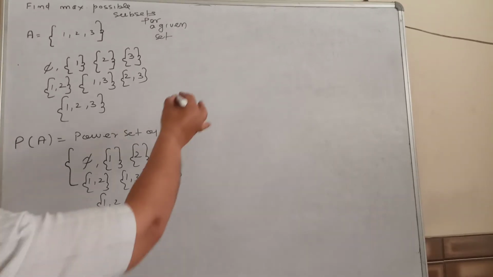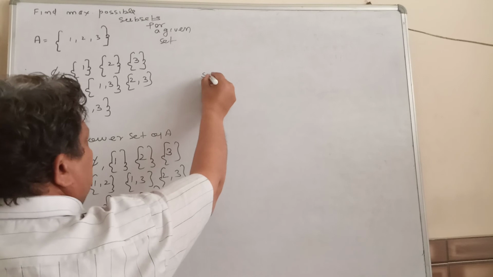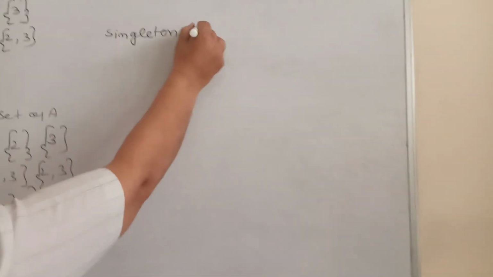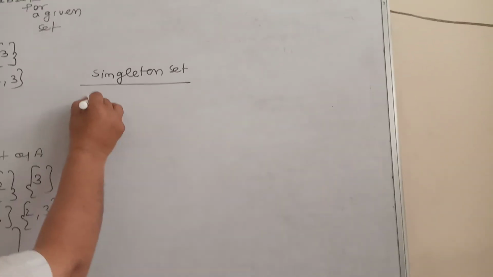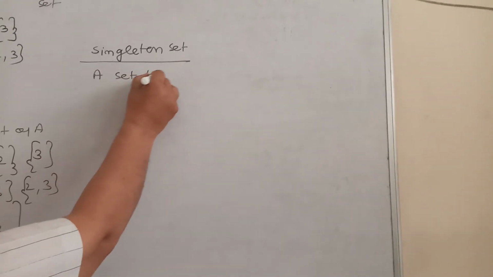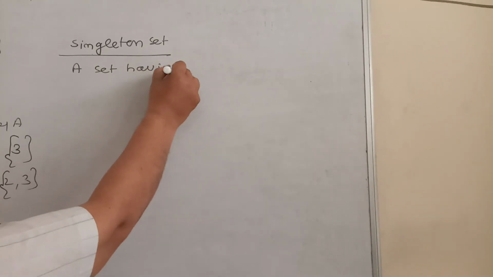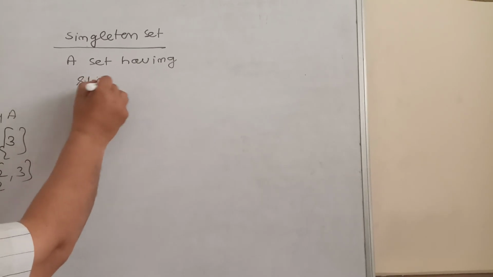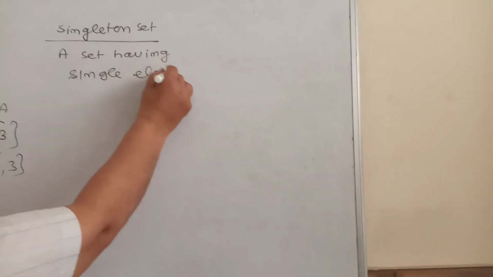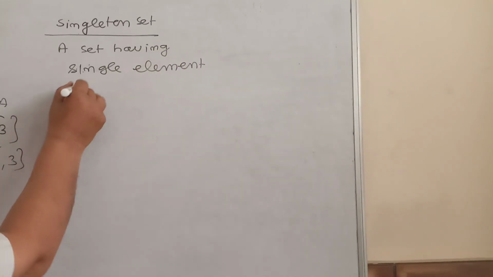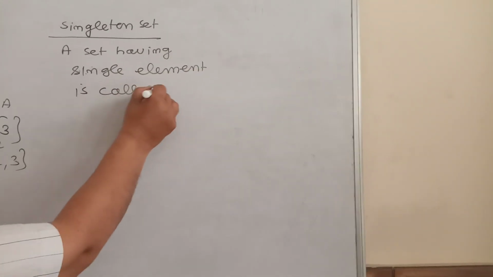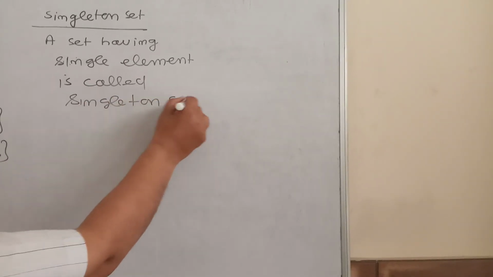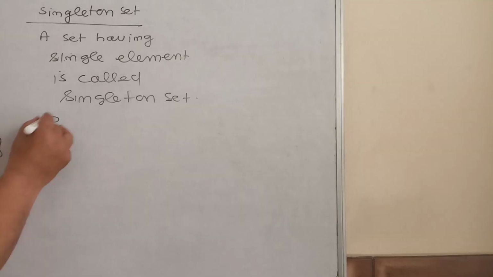One type of set is left out, that is called a singleton set. A set having a single element is called a singleton set. For example,